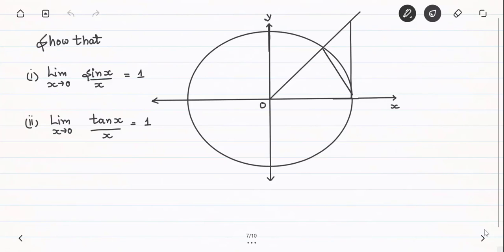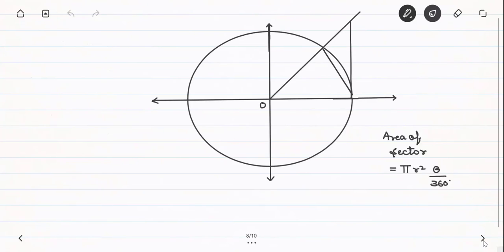So now we have to show that when x approaches 0, then the limiting value of sin x upon x is 1, and when x approaches 0, then the limiting value of tan x upon x is also 1. So let's proceed. Firstly, we will draw this diagram, and one thing you should know is that the area of